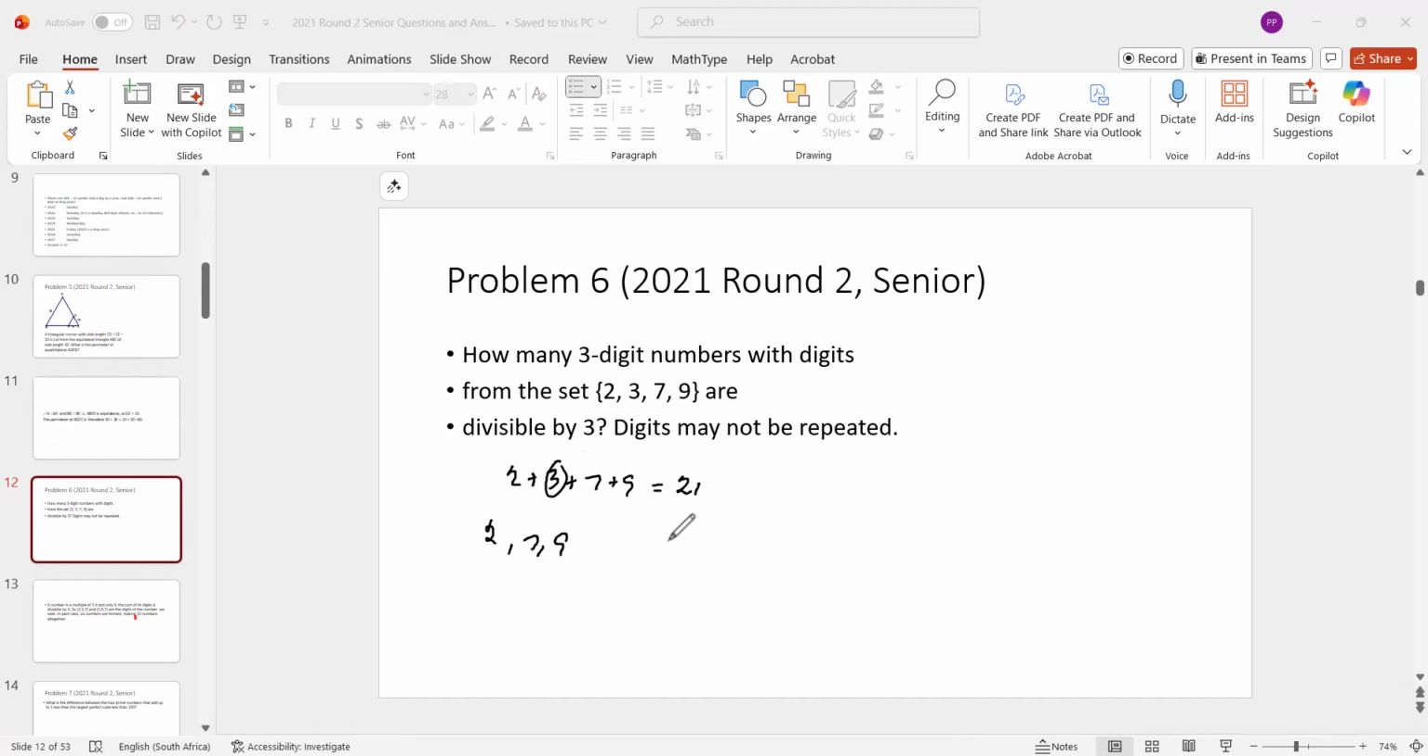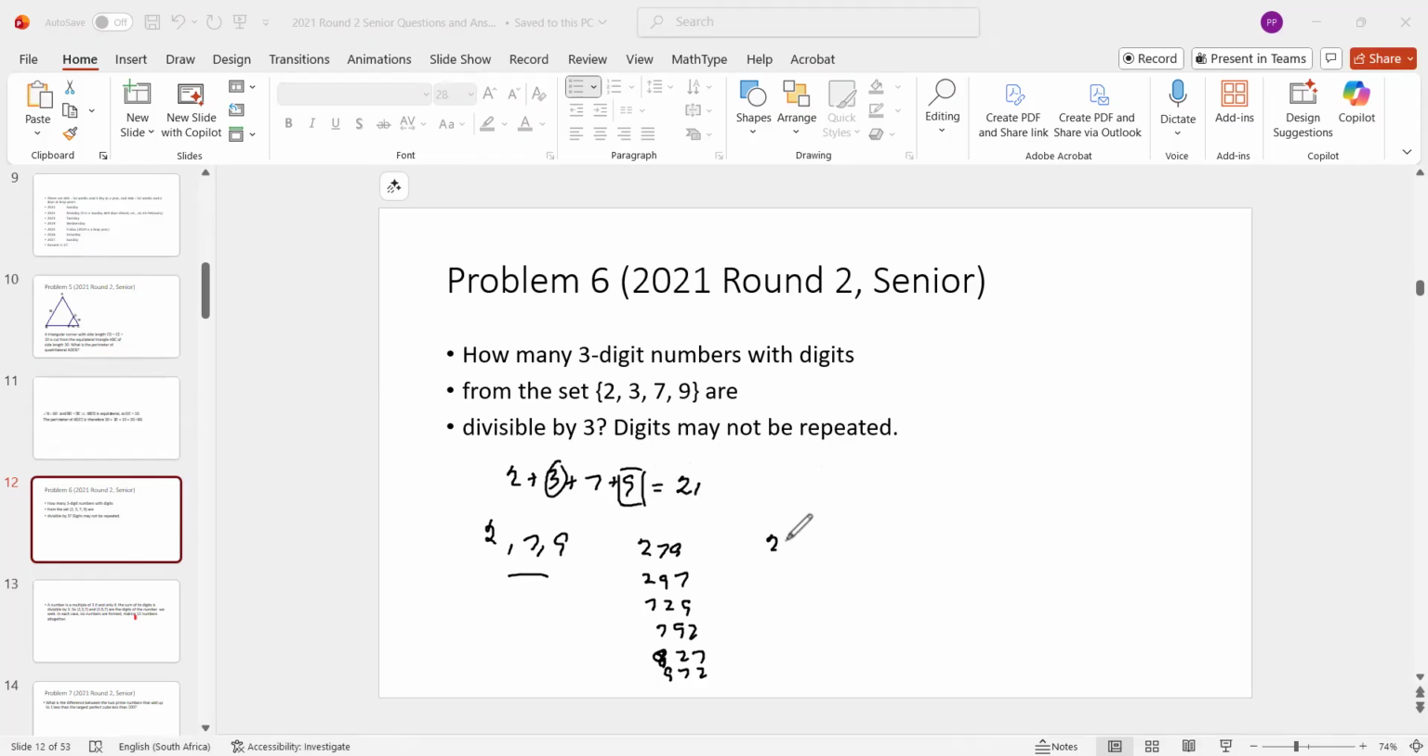Now those 3 numbers add up to 18, and no matter which way you arrange them, you've got a number which is a multiple of 3. So all the arrangements are 279, 297. Starting with 7, you get 729, 792, and then 9. Starting with 9, you have 927, 972. So there are 6 numbers using these, or you can remove 9,